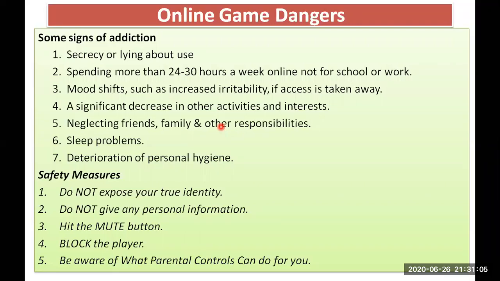They will try to make excuses. If someone is spending more than 24 to 30 hours a week online, and not for school, then you can detect that they might be playing the game also. Mood shift. If the mood of the student or anyone has shifted due to the use of mobile, such as it will increase